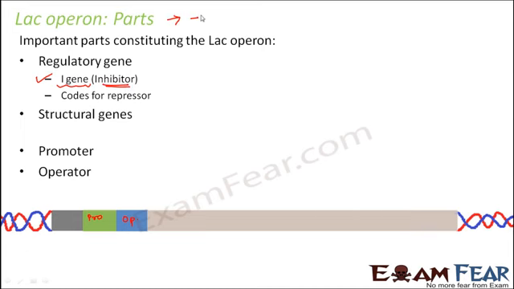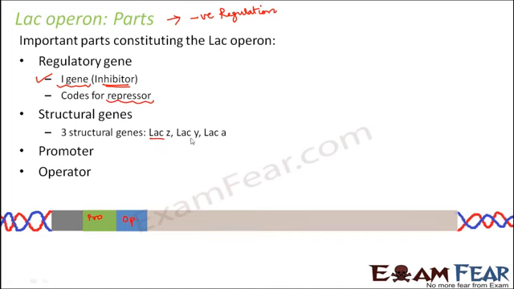So yes, Lac Operon is an example of negative regulation. So we will see here that we do not have activators, we do have repressors. So when the repressors bind to the operator region, then the genes are turned off, the structural genes are turned off. So the regulatory gene is the I gene which produces the repressors. So this gene codes for the repressor, and then these repressors bind to the operator region. So now when we talk about the structural genes, what are the various structural genes present?